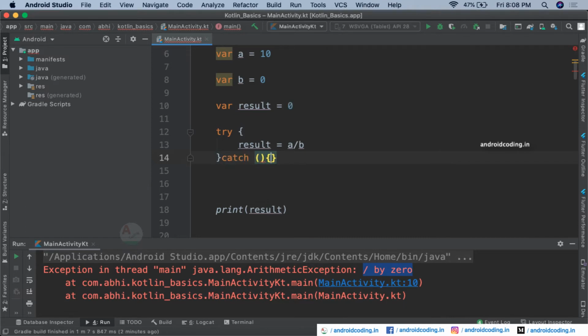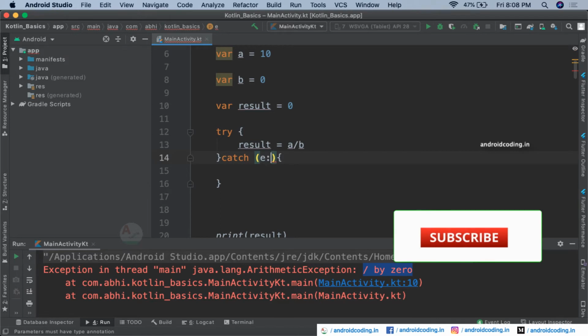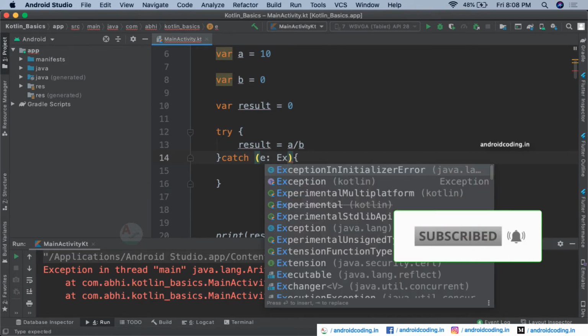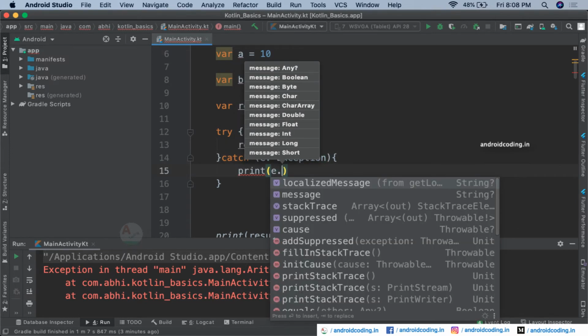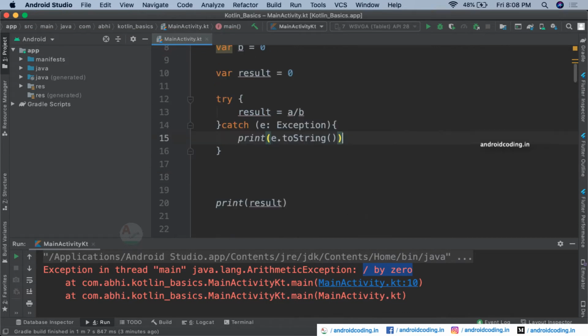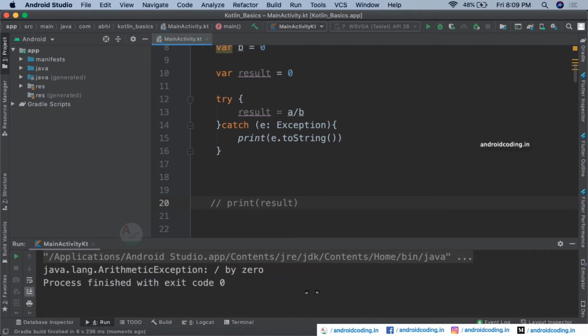Inside the catch block you will catch the exception and print it on the screen. I'm just trying to get the exception, so I'm not specifying any type of exception, just providing it as an exception. Let us print the exception message as a string. I'm commenting out this print line for now and printing this. Let's run the code now and see the result. Here you can see for sure we will not get an error, but we have got the exception using the try catch block.